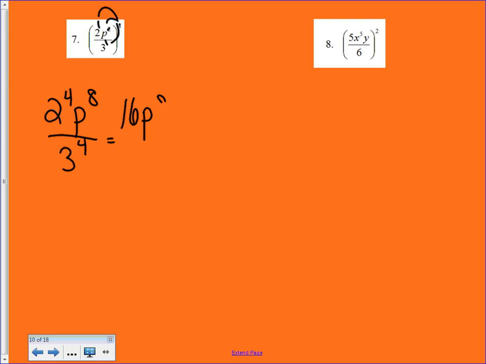And then I still have p to the 8th. And then I have 81. Okay, so that's fully simplified form. There's nothing that goes into 16 and 81. We cannot reduce that fraction. All right, let's